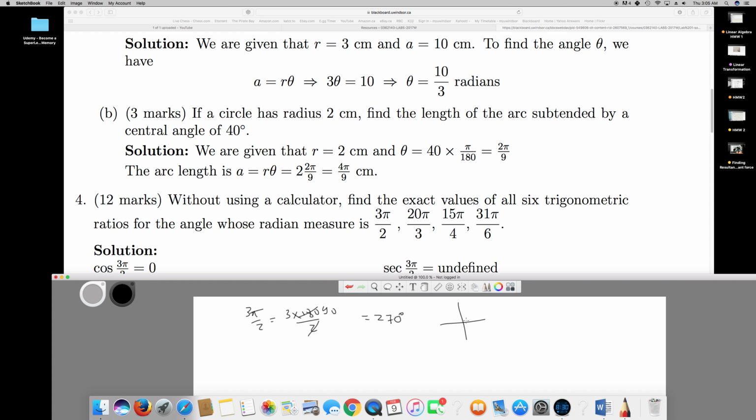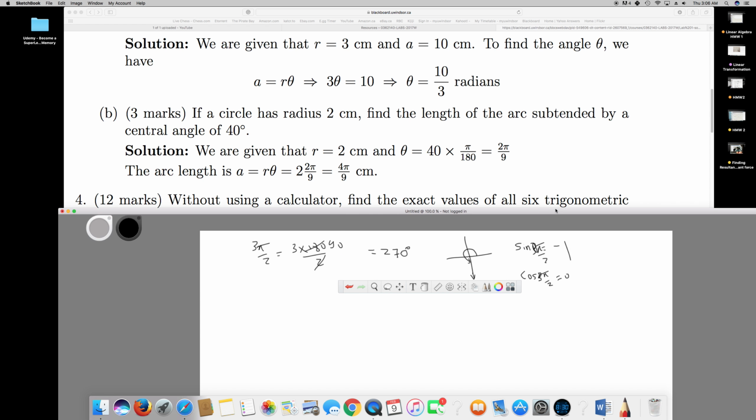So I know exactly this is in the, this is what, 90, 180, then 270. 270 means exactly the bottom straight line. So in this case it's going to be this one, all the way this one. This is my 270 degrees, and in this case we have to find sine theta. Sine theta is going to be negative, like sin 3π/2 is going to be negative 1, and cos 3π/2 is equal to 0,